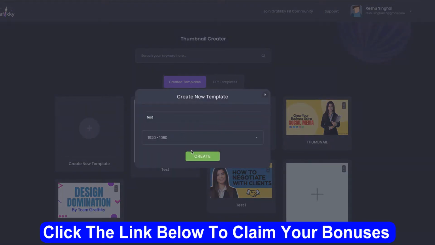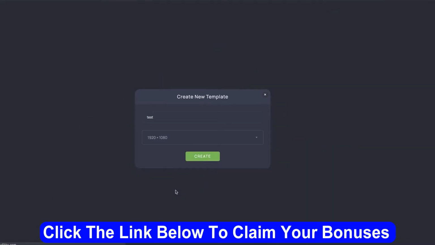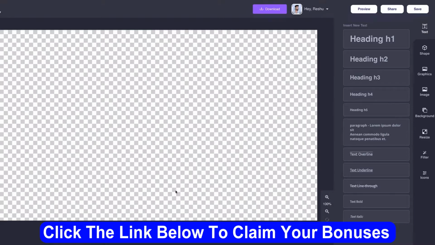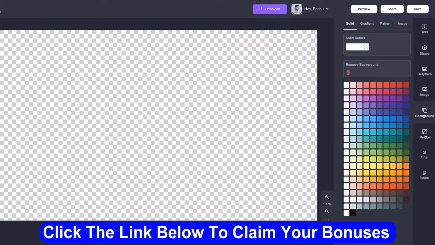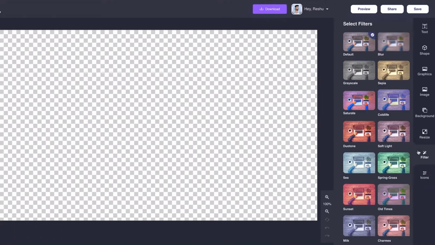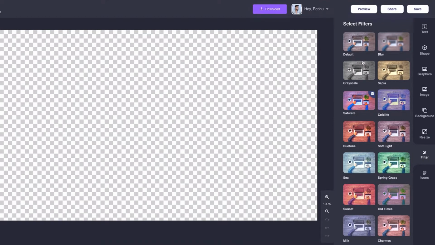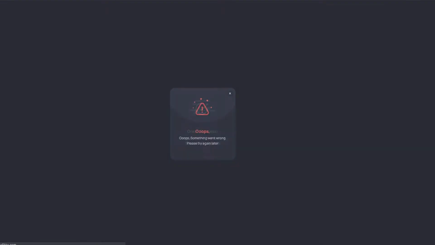So here we have already given you the option of dimensions, and you can simply click. So here you can create your thumbnail. The editor remains the same, so all the functionalities will not change. That is the best part, because you don't have to remember every time what functionality this editor has. So we have made it very simple for you, drag and drop, adding different features in different elements. Moving ahead is our Google Ads creator.